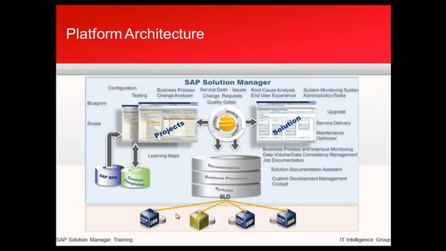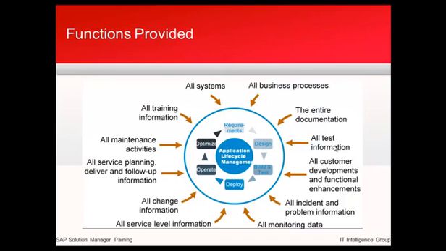So for changes you have change control management and you have maintenance optimizer to roll out the changes. Then you have all service planning, delivery and follow-up information, maintenance activities, training related information. So you can see that this provides for an application lifecycle management. Solution Manager provides right from the requirement phase to design phase to build and test phase, and once they are tested, the deployment of them, operating them and optimizing the solution, and again creating the requirement based on the report